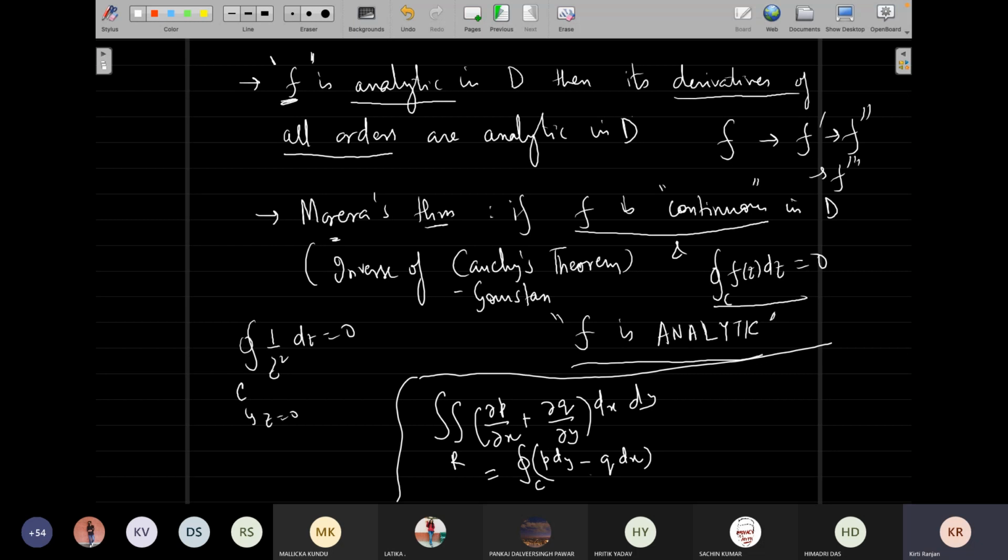You use that. And for Green's theorem to be used, you need your del u by del x and del u by del y to be continuous. That was the reason why he took the function to be continuous. Remember that f is equal to u plus iv. So if I'm saying f prime, that means I'm talking about del u over del x, del u over del y, del v over del x. I'm just going to say that, but you have the next class.